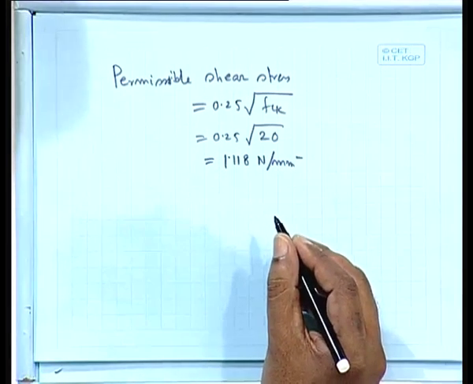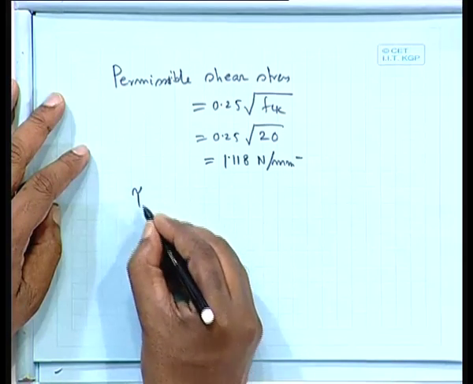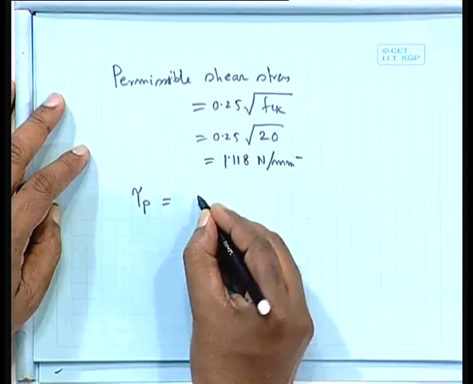So, we are getting this value, tau p, equal to,